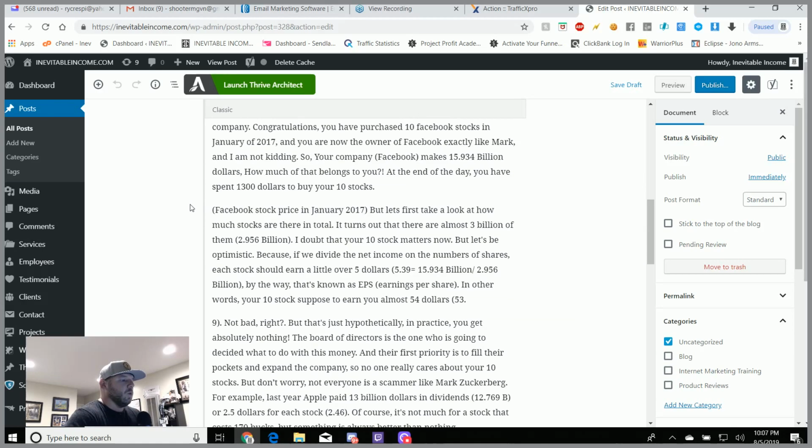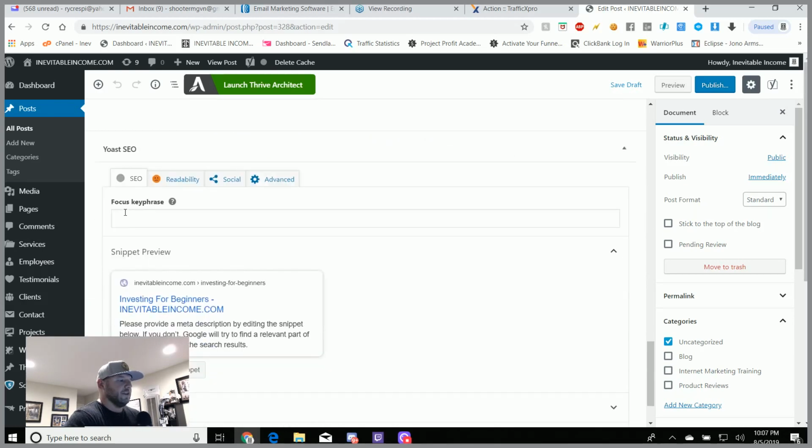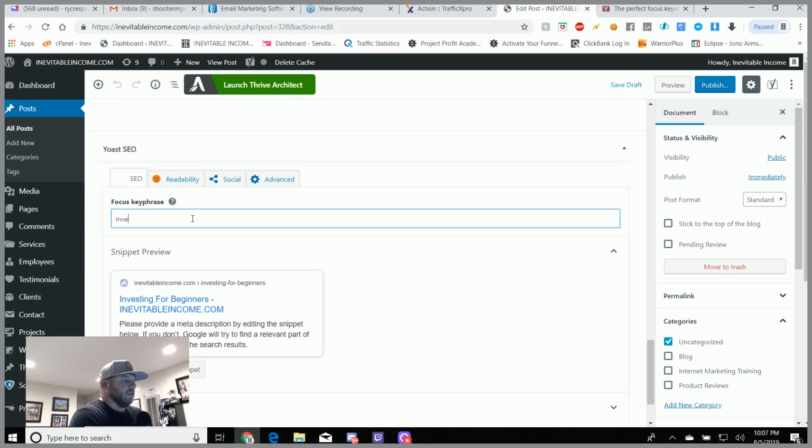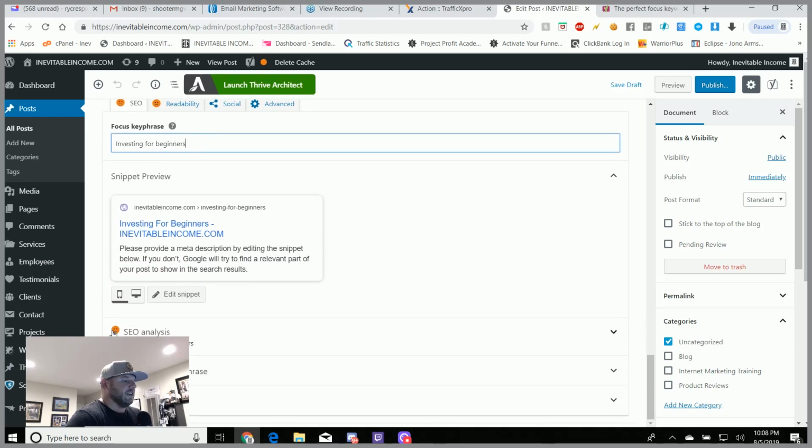So what I'm going to do all the way down here is see where it says focus keyword. When it says focus keyword, we're going to put investing for beginners. That's our keyword. You're going to see a little face that's red, yellow-orange, or green. Green is good, yellow is okay, red is bad. And what you're going to do is, under SEO analysis,